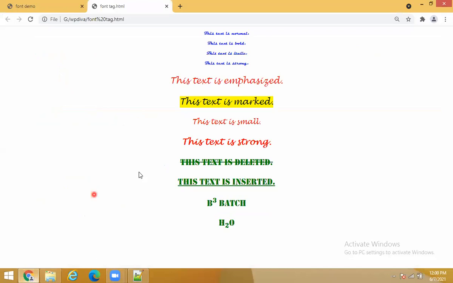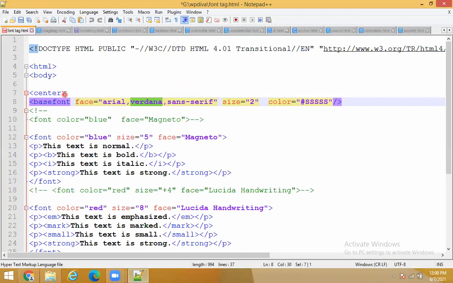You saw that everything is displayed at the center of the browser. That is how the center tag works.